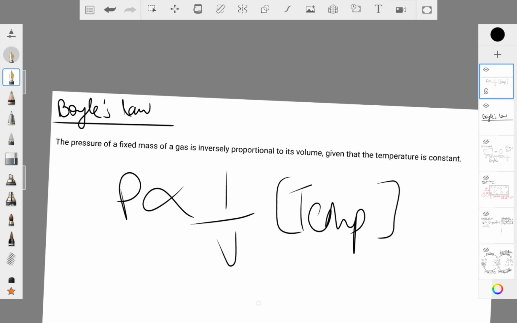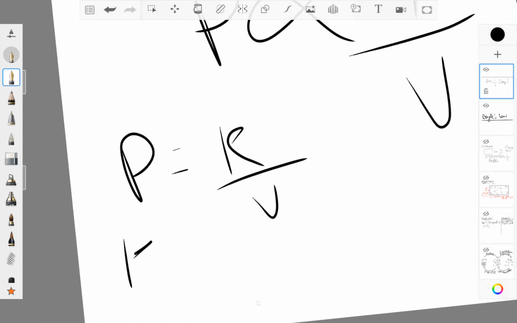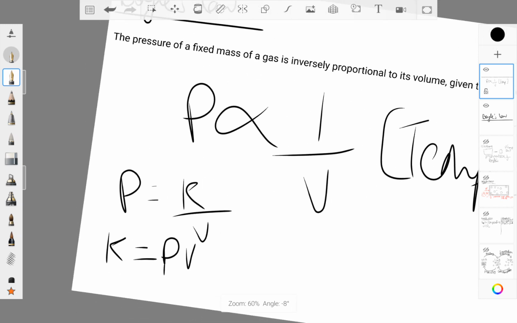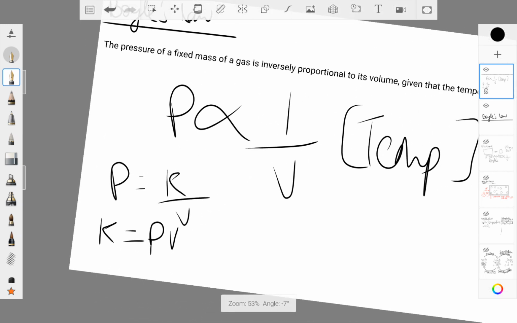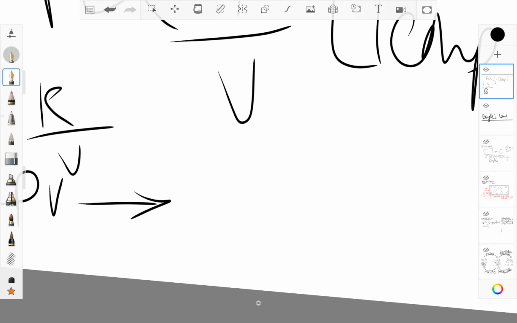Now you also need to keep in mind that you can create an equation from this where P equals K over V, and K, which is a constant, equals PV. And basically, as per this equation, I can derive that the PV, or constant, remains the same. So I can derive the equation P1 V1 equals P2